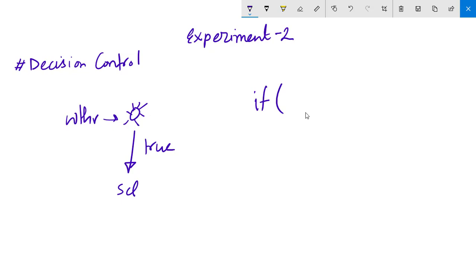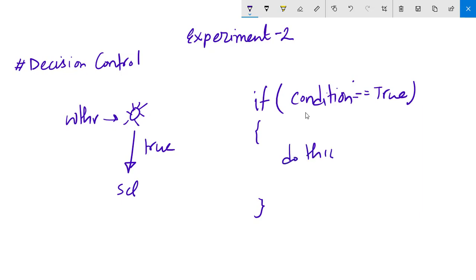If condition, this condition has to be true, then curly braces, then one tab or indentation. Here we will write what we want to do. Do this. Maybe we will do two things, then do that. This is the structure. If the condition is true, do this, and maybe do that, and maybe do something else.